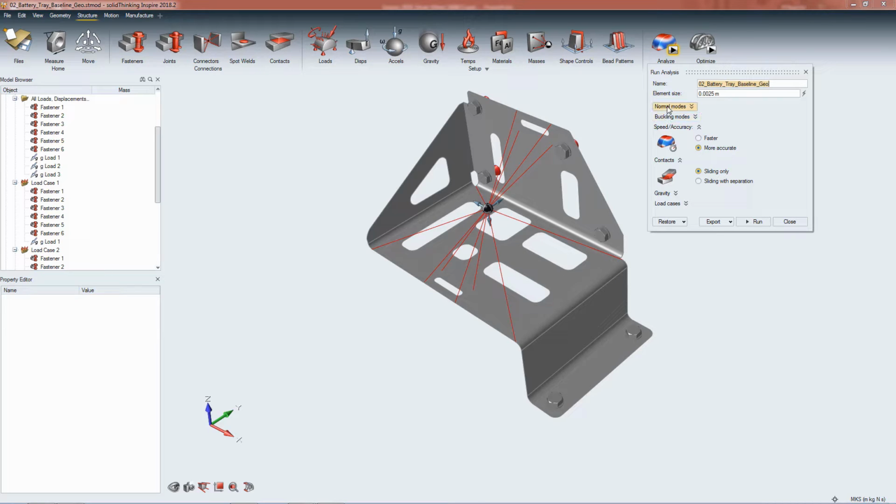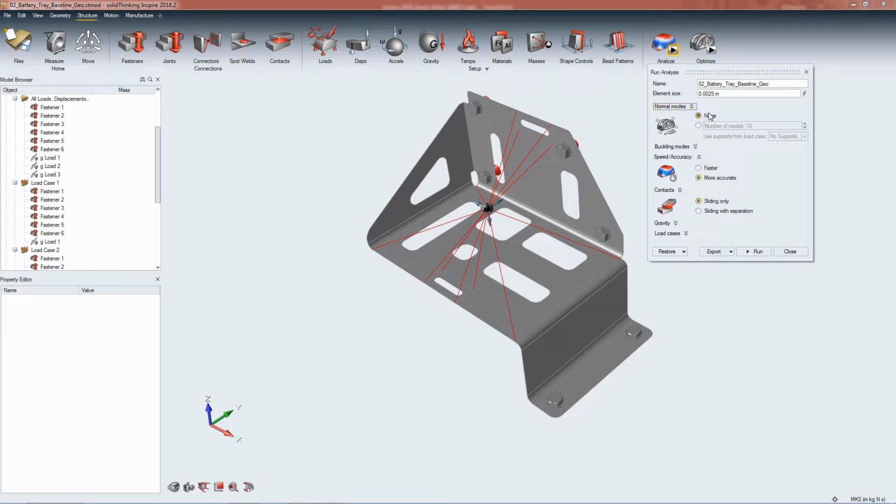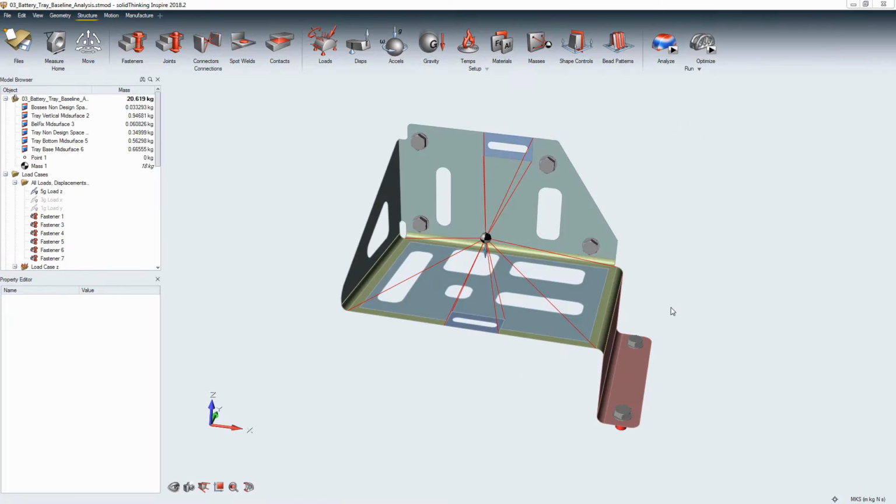Also, I want to have the mode frequency, so I request normal modes, like the first 3 normal modes here. After I click run, it will give me the result. This model already has the result,